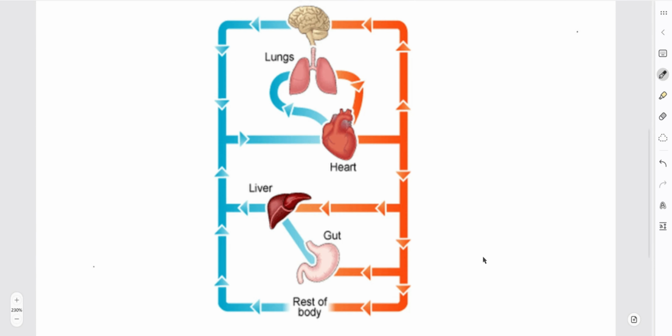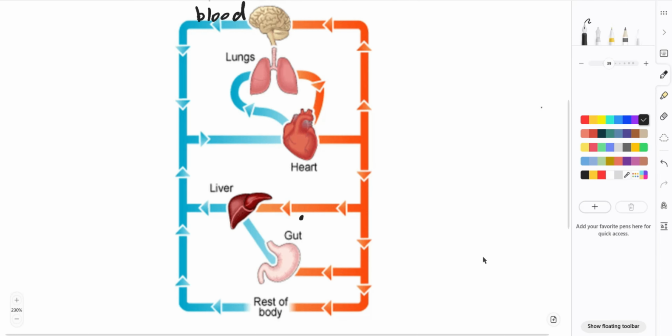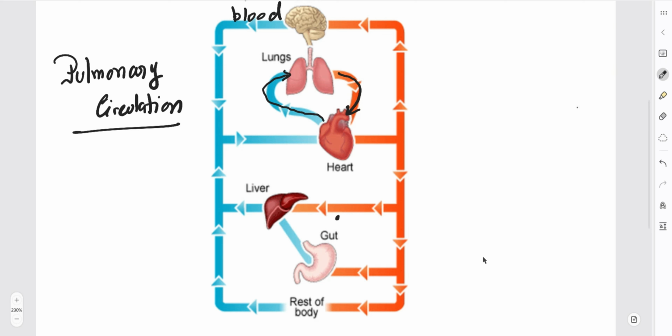So see, blood from the right ventricle goes to the lungs, and from the lungs, it comes back to the left atrium of the heart. So remember, in pulmonary circulation, we start from the right ventricle. From the right ventricle, it goes through the pulmonary artery